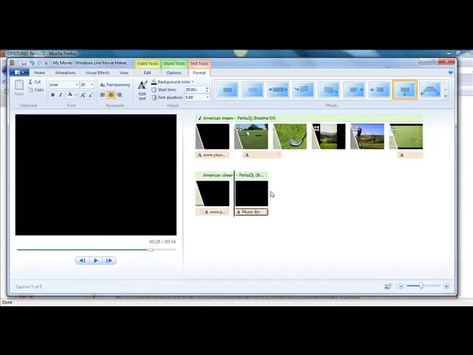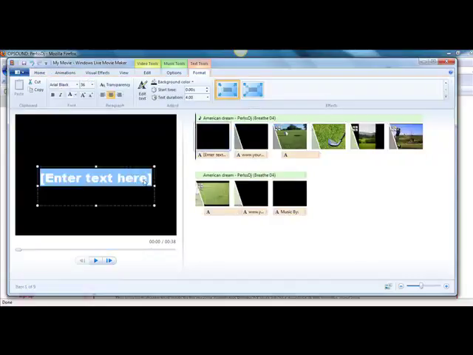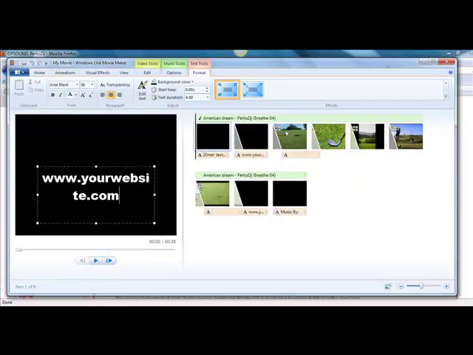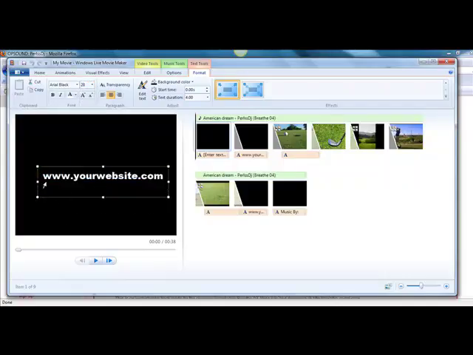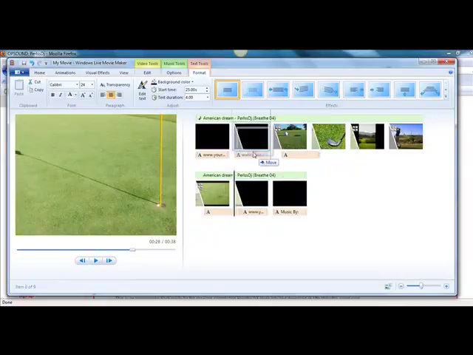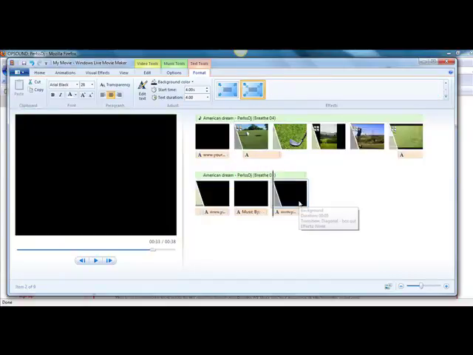Now, one other thing I would recommend is that after the credit, you also add one more little title slide. You can do that in the home section, and let's just go to yourwebsite.com again, resize this, and now you can just transition this over one more time. And once you have all that in place, you've got your music and everything working for you,